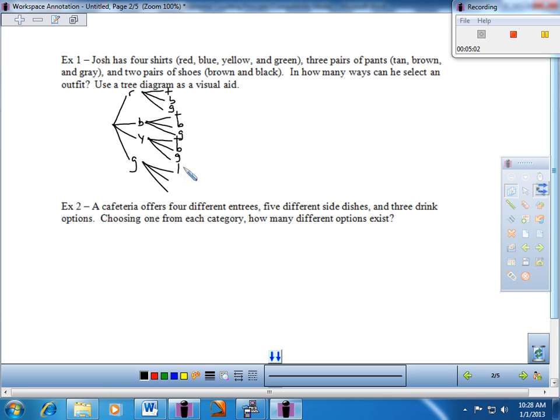Tan, brown, and gray. And again, as I said, if you've seen this before and you kind of know how this is going to play out, great. All right, so that was the second task. There were 4 possibilities for the first task, 3 possibilities for the second task, and now the third task, it looks like he's got to pick a pair of shoes, and there are 2 possibilities, 2 choices, either brown or